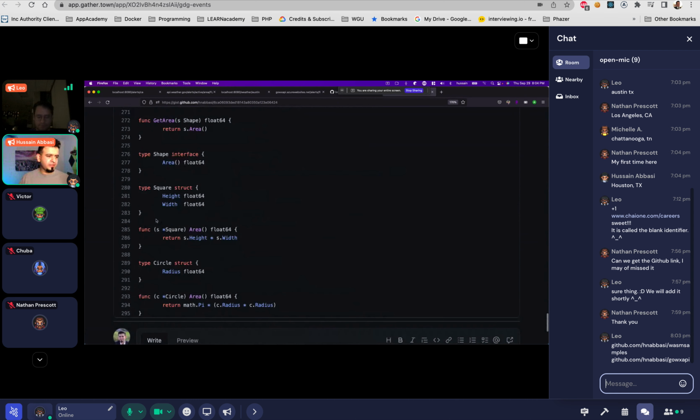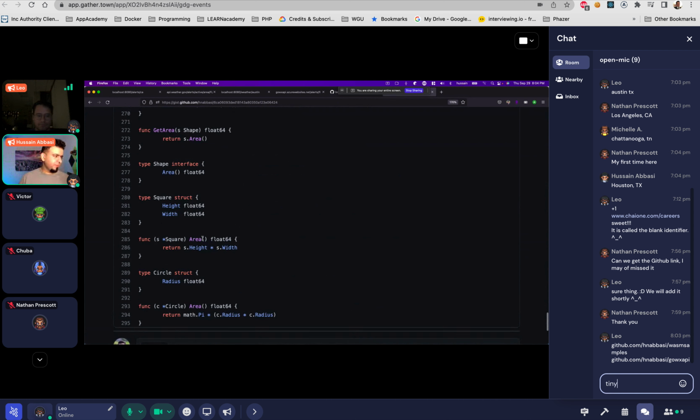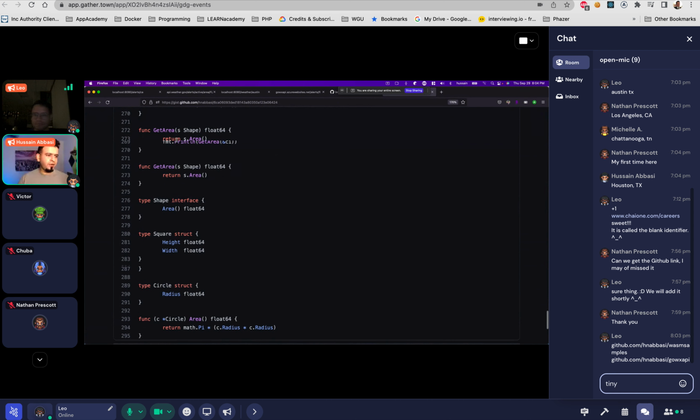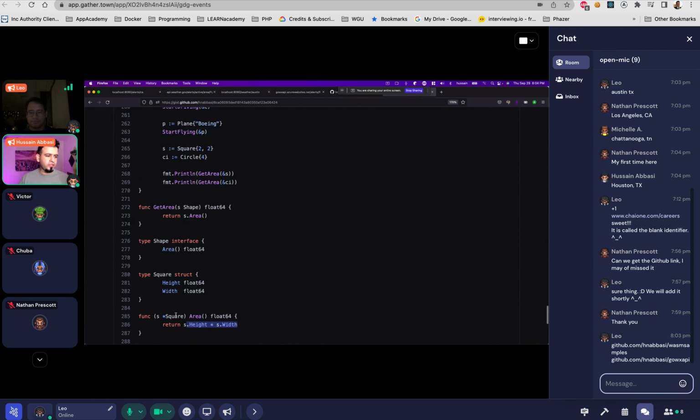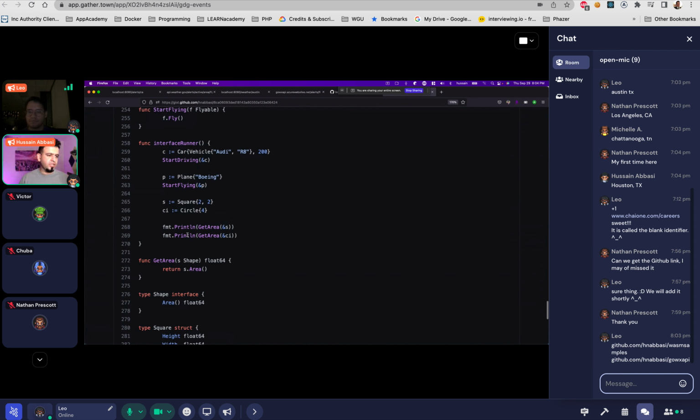And this is actually a more useful example than I showed in the PowerPoint: for an area, we can have a square and a circle. Square has height and width, circle only has a radius. The way of calculating areas is very different, but since they are both shapes and they both have areas, we can pass them in to a shape and get the value.